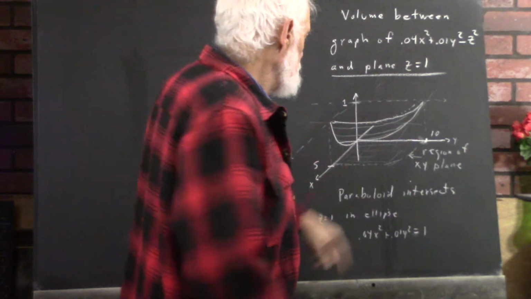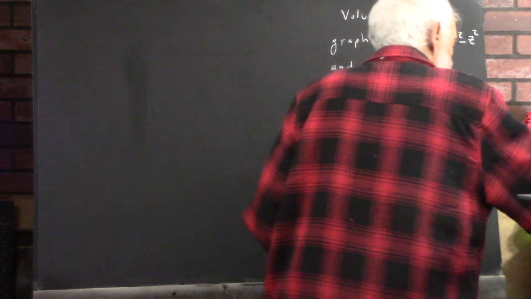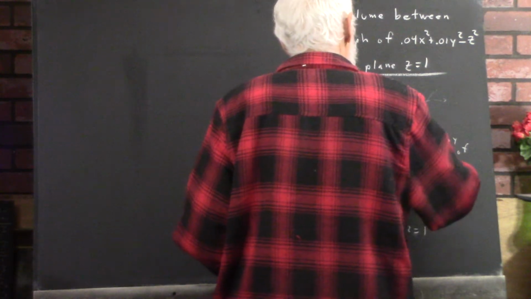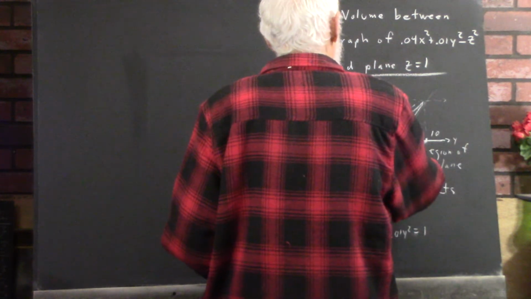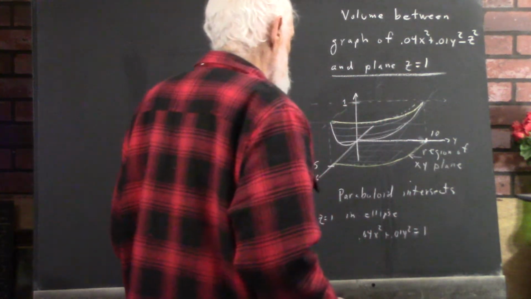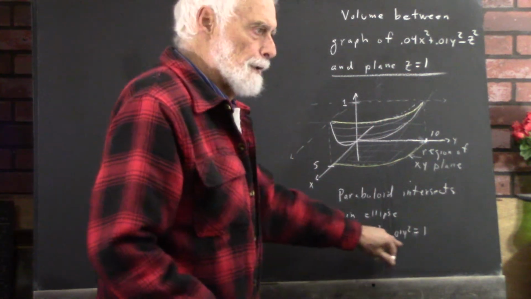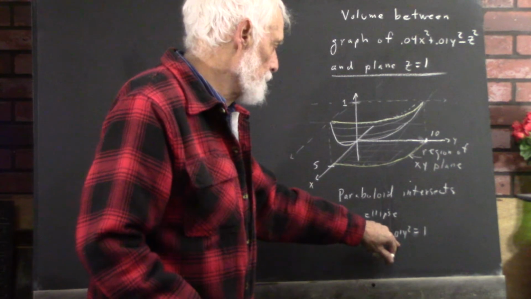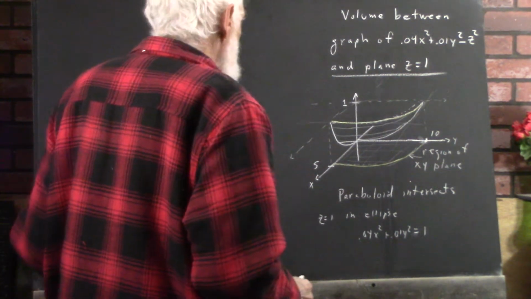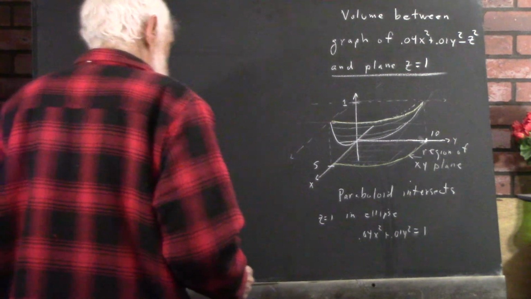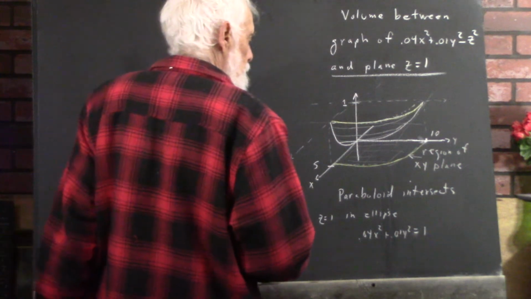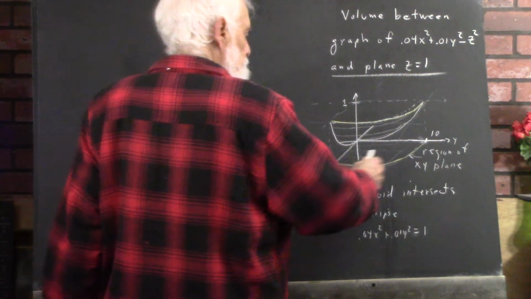And this region, of course, has a boundary that matches the boundary up here. And that boundary is the ellipse 0.04x squared plus 0.01y squared equals 1. And to set up the integral for the volume, we first of all, okay,